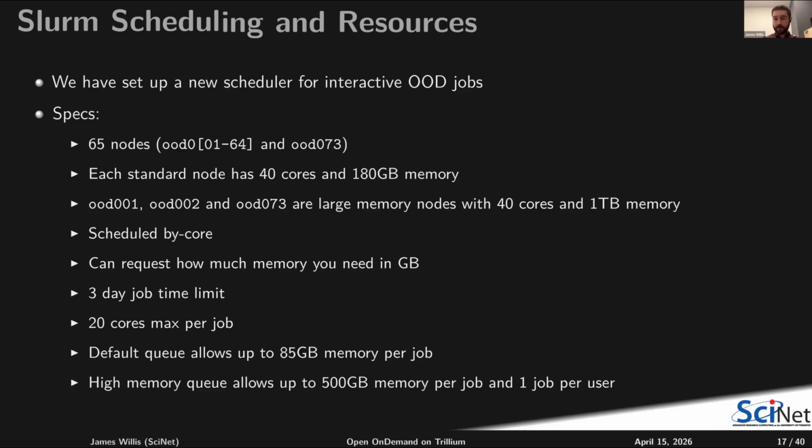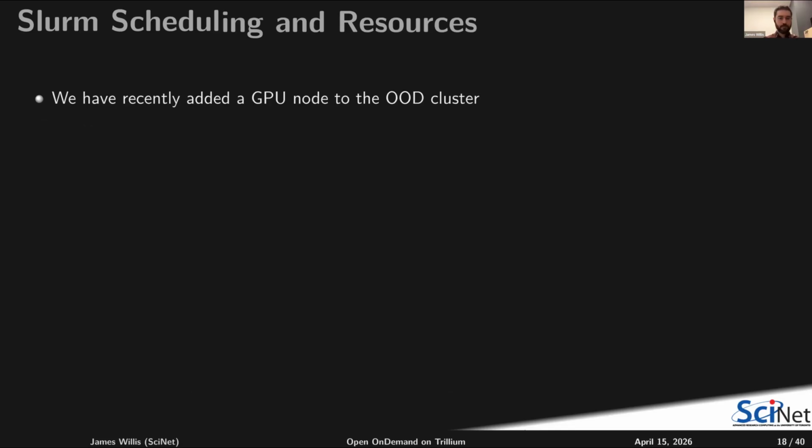And the high memory queue is 500 gigabytes of memory, but also it's only one job per user. So that stops users taking all of the 3 large memory nodes up at a time. But we've recently added a GPU node to the Use cluster,